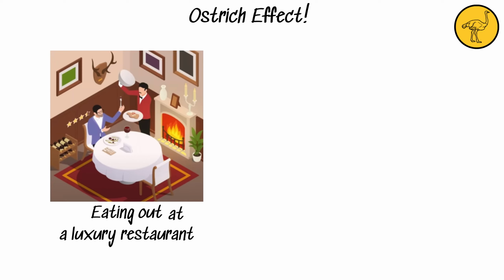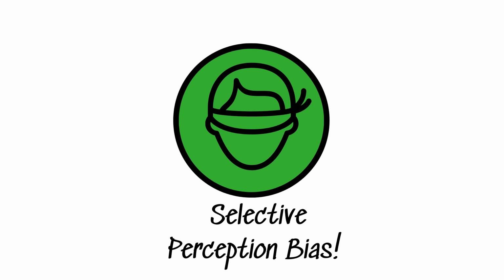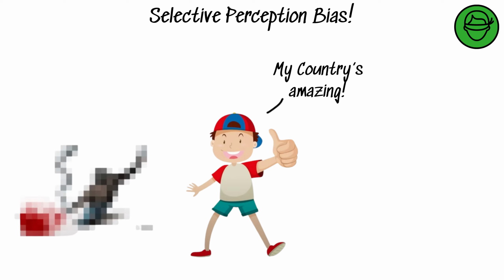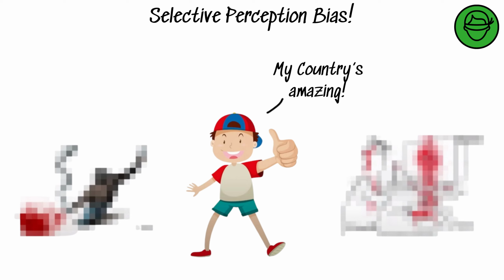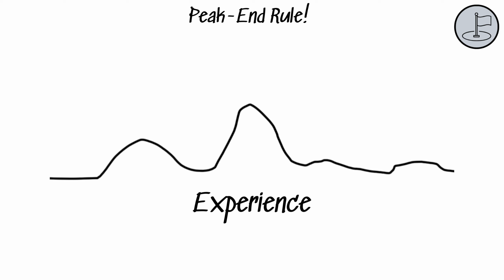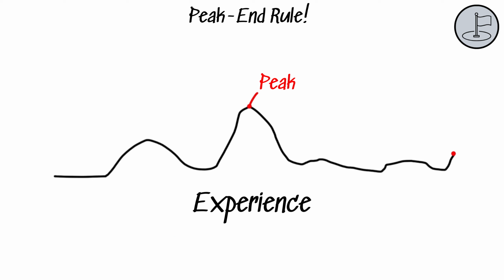avoiding potentially negative yet valuable information to circumvent psychological discomfort. Selective perception bias, observing and recalling stimuli that validate pre-existing beliefs while swiftly disregarding those that evoke emotional discomfort. Peak end rule, interpreting an experience not by considering all its components, but rather by focusing on its highest point